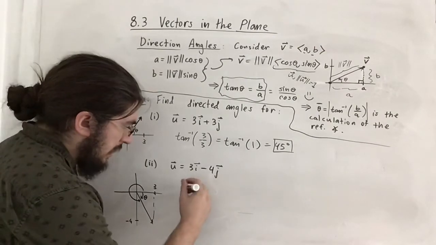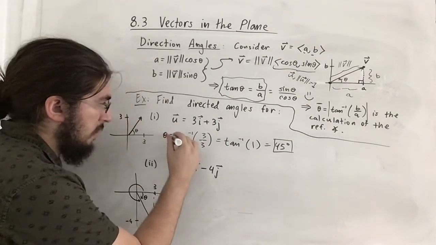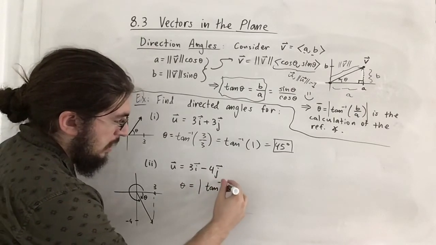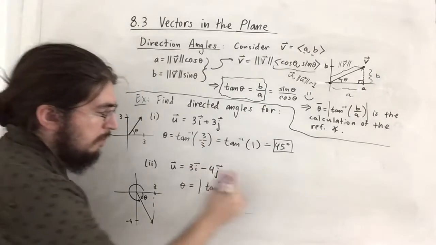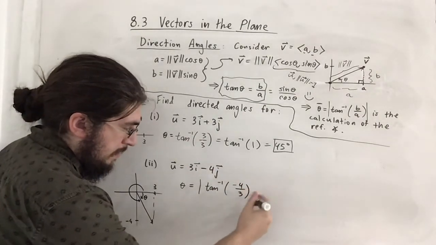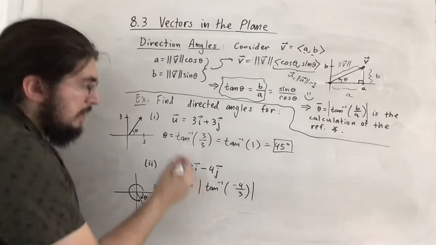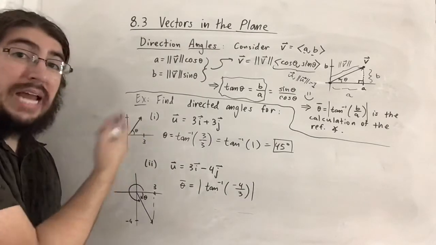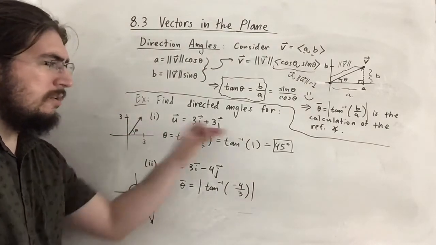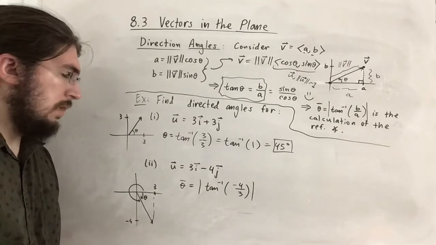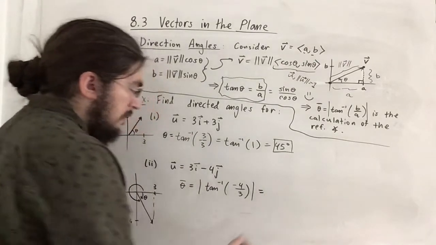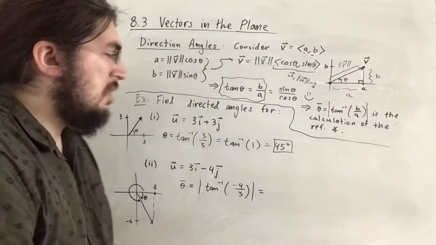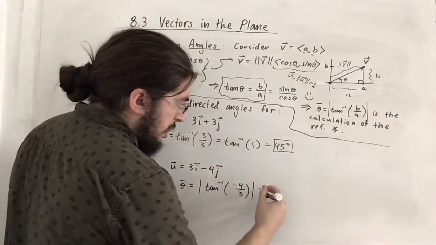So in any event, let's just get to it and actually find theta, which I should have written here to be the absolute value of tangent inverse of -4/3. Now remember, this really is a calculation of theta bar, but here theta bar is actually equal to theta because we're in the first quadrant and we don't even need absolute values here. So here the calculation was a little less technical, but here it's a little more technical. Now, of course, at this point, we're going to have to use a calculator, so let's approximate and see what we get. So my calculator gave me about 53.13 degrees,